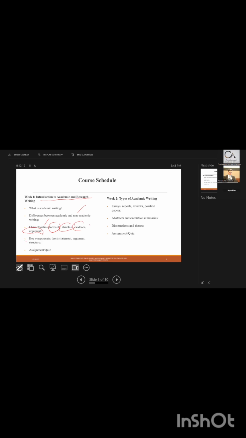Then the key components: what is the thesis statement and what is the argument structure. All these things we will be discussing with you, and at the end of every lecture, we may have some assignment and quiz session as well, depending upon the availability of time. Then in the second week, we'll be talking about the types of academic writing: essays, reports,